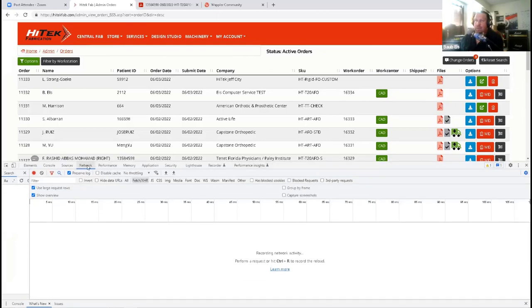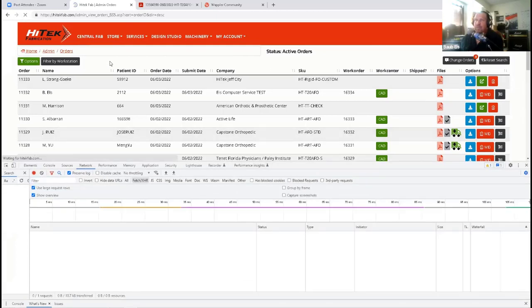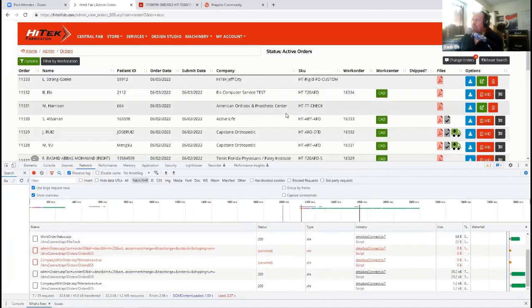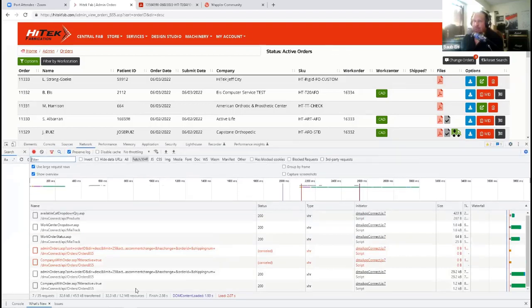And I'm going to look at network. Let's go reload it. And this page actually is real time too. If you just leave it, it's got a timer. I can't remember what you call that, but the page updates in real time. You'll see it's got a little spinner thing that tells when the page is loading. Oops, that's not what I wanted to do.